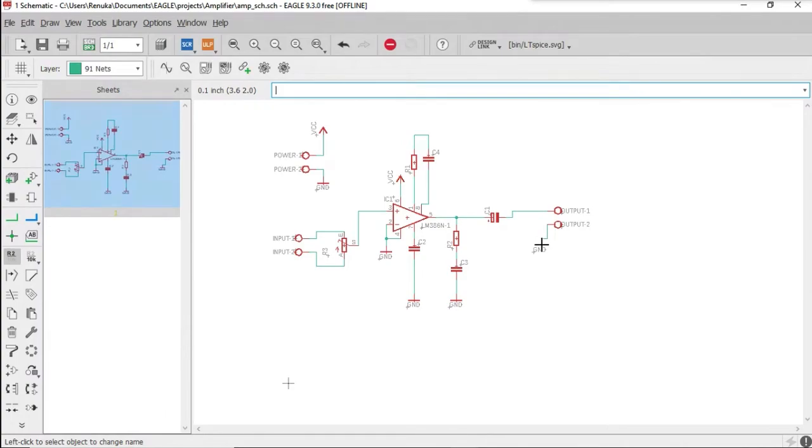Okay. After renaming them, we'll add values for resistors and capacitors. So to provide value, just beside the name option, there is an option called value. When you place the cursor on that, it shows value. Click on that.